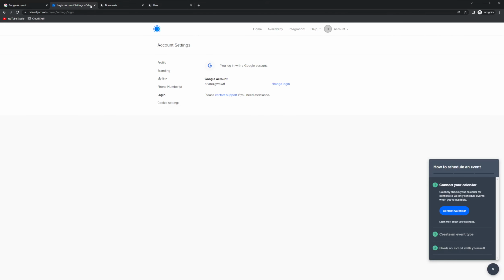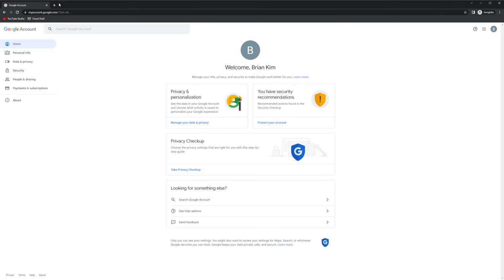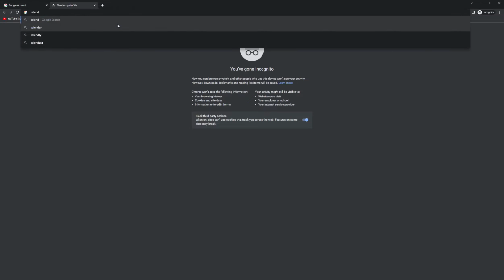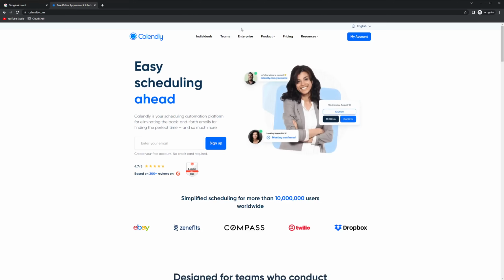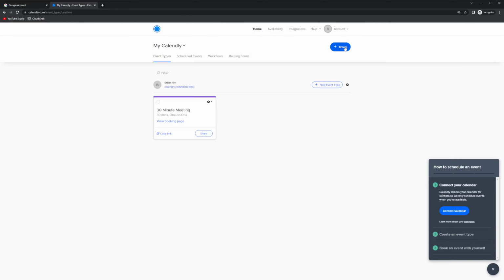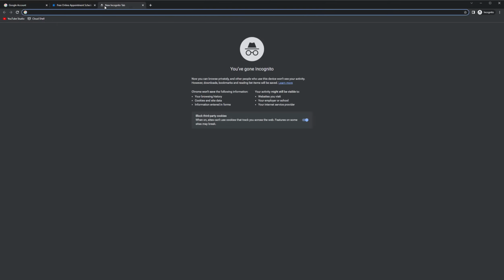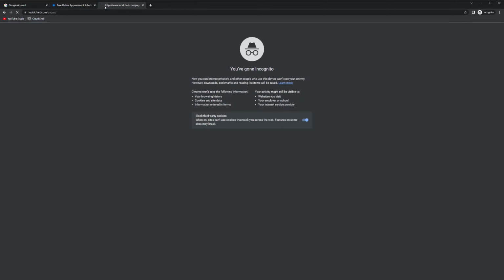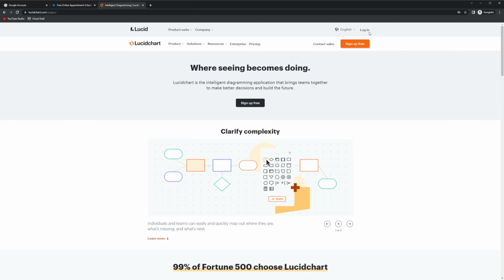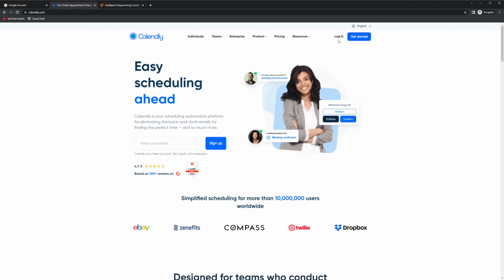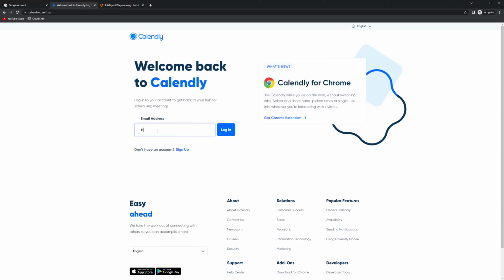So I'm just going to close all those tabs and go back to Calendly. I'm going to go to my account here. I haven't signed out, so I'll sign out first. And let's do the same thing on Lucidchart before I forget. Okay, it looks like I'm not actually signed into Lucidchart. Now if I go to Calendly, if I type in